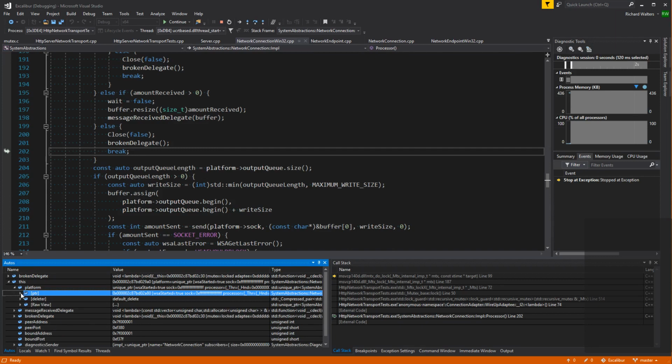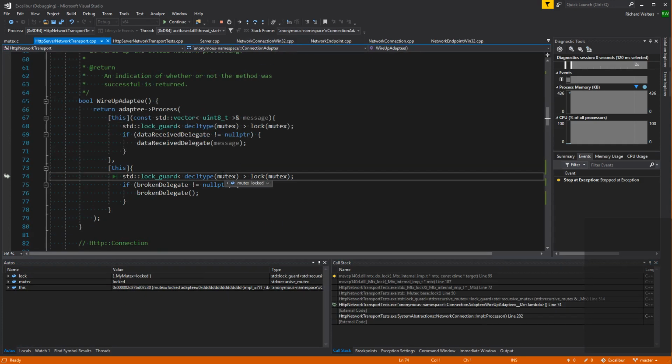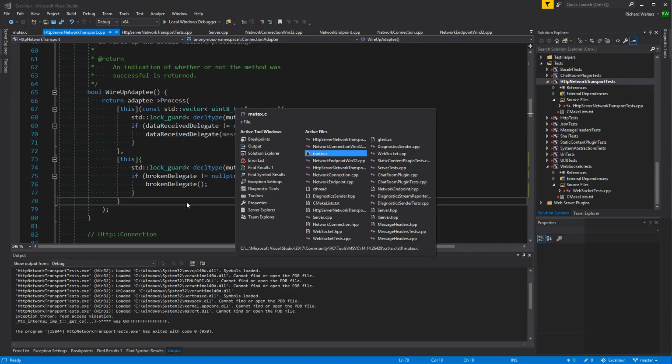Yeah, well, that's expected. So what mutex is it trying to lock? Oh, it's in this object. That object's been destroyed. Oh, okay. Yeah, that's the problem. I keep forgetting there are two objects in that test.